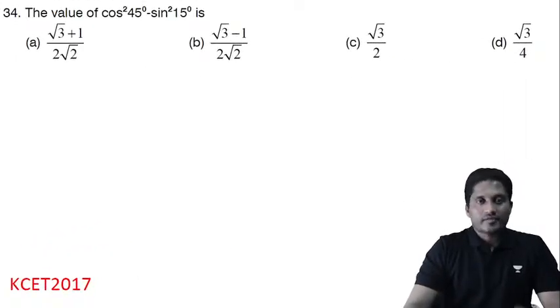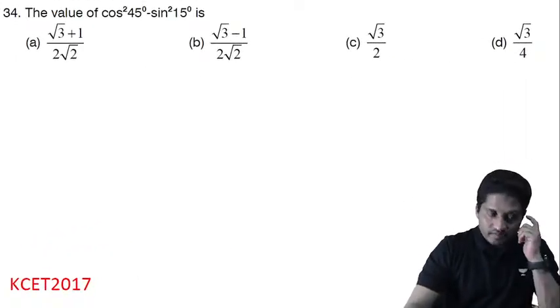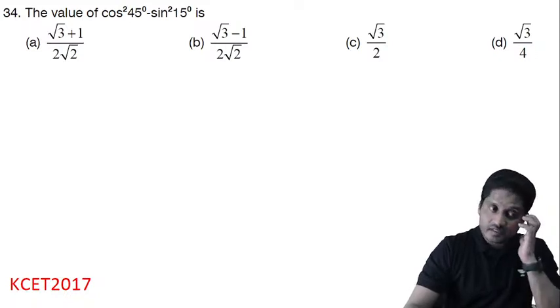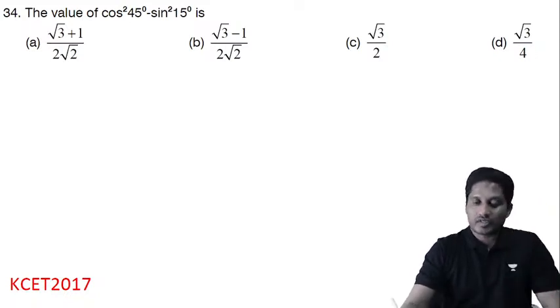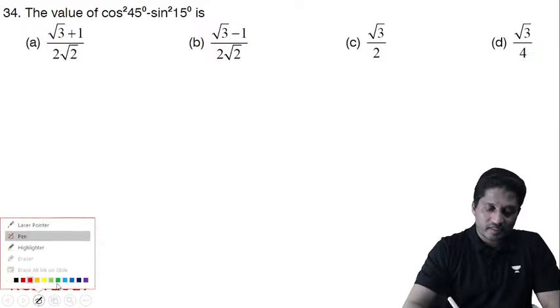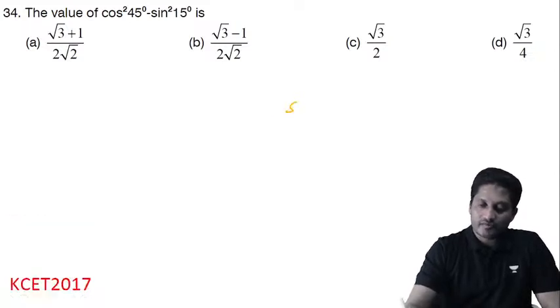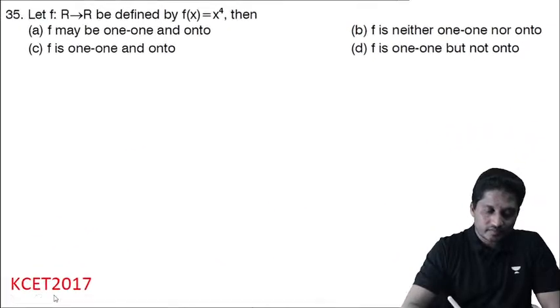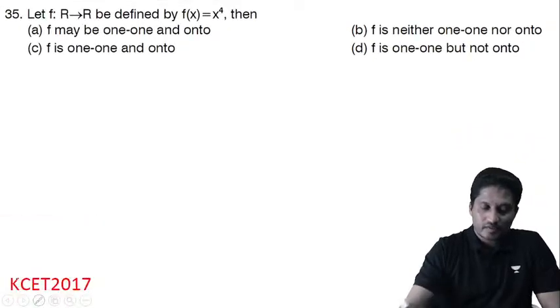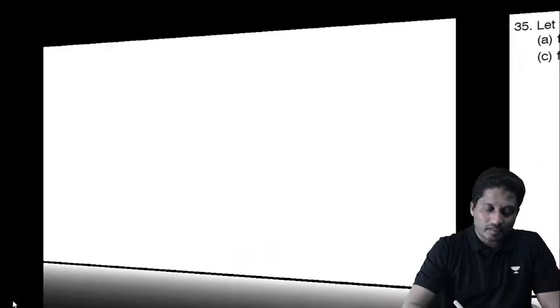The value of cos square 45 minus sin square 15. You can simplify and find the value. Rather than doing that, we know these results, right? If you have sine of A plus B into sine of A minus B,